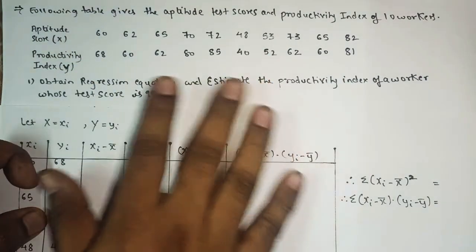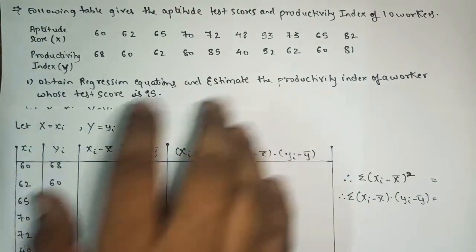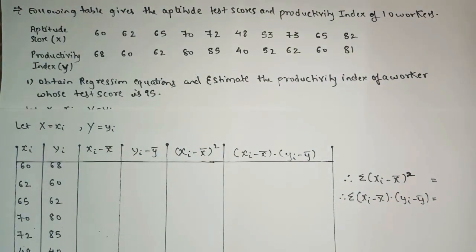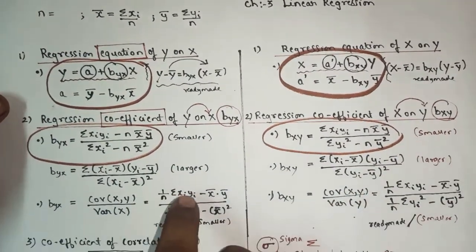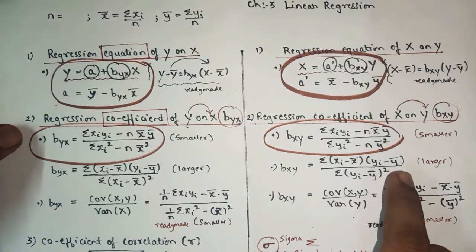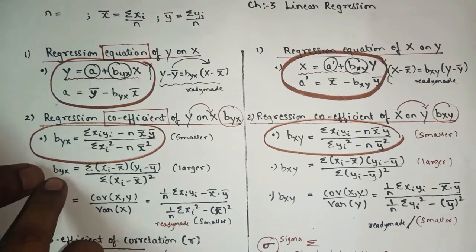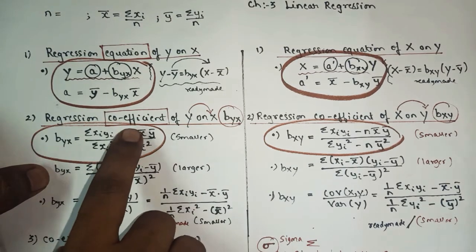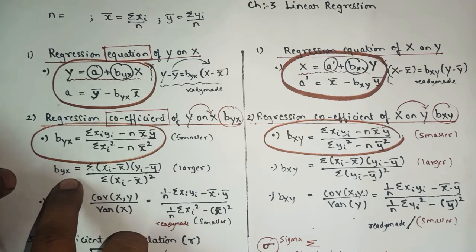Remember this, whenever the value is more than 30, consider it a larger value. When it is less than 30, you have to consider it a smaller value. As I told in the previous lecture, when it is a larger value you have to apply the second formula. When it is a smaller value you have to apply the first one. As for the larger value, while finding the regression coefficient, we'll apply the second formula.